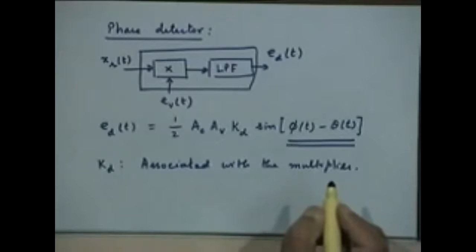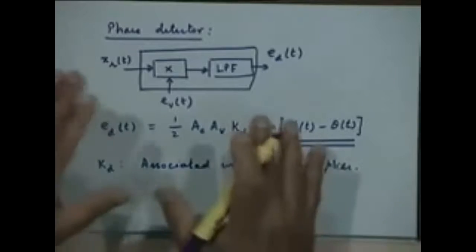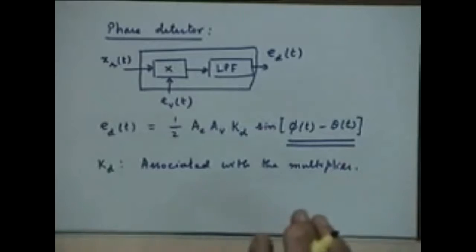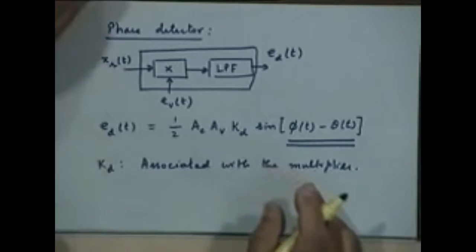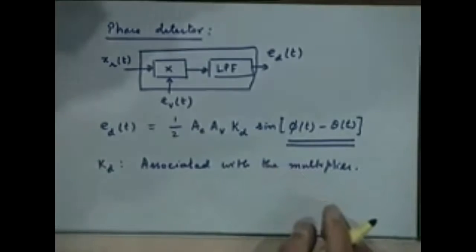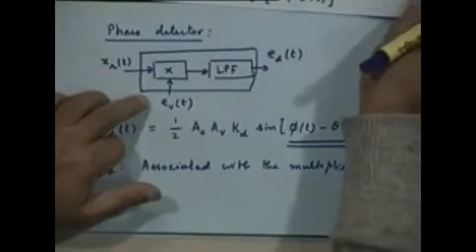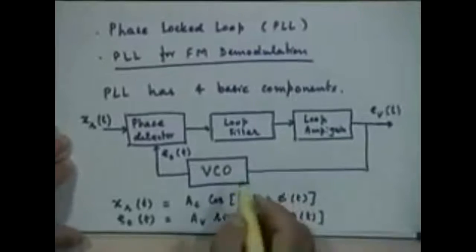Multiplier in the phase detector. There are other ways of realizing a phase detector, but broadly this is the general principle. You can of course build other devices. So, this is how the phase detector of the phase lock loop will be characterized in our model here, because typically we will realize it using this combination.